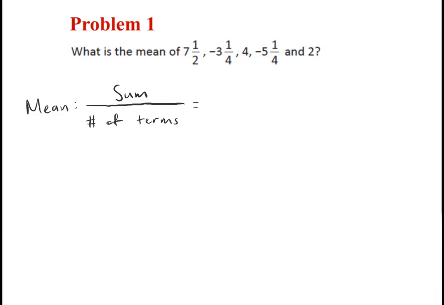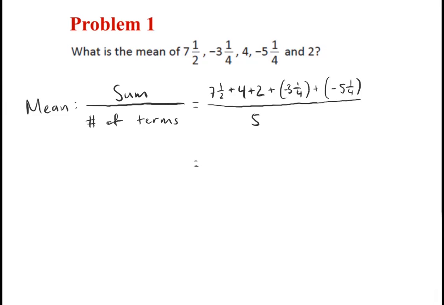So in this problem, we have 5 terms and the sum is just 7.5 plus, okay, let's first add up all the positive numbers and we can add the negative numbers together at the end. All right, so when you add all the positive numbers together, 7 plus 1, 7.5 plus 4 plus 2, that's equal to